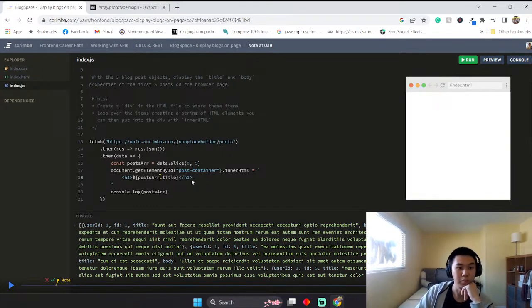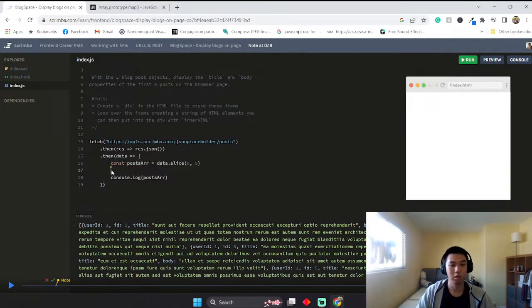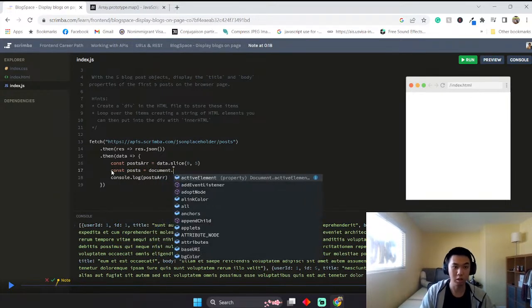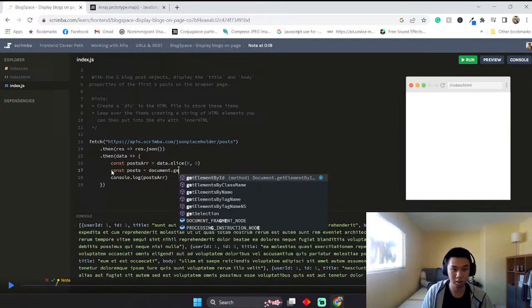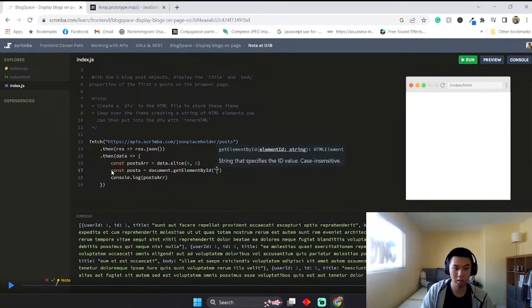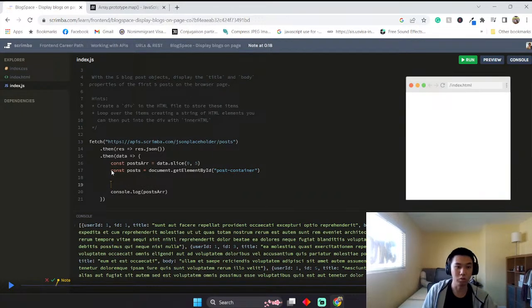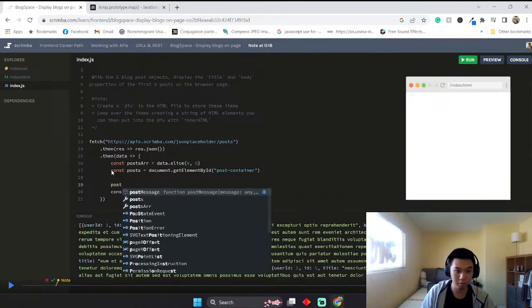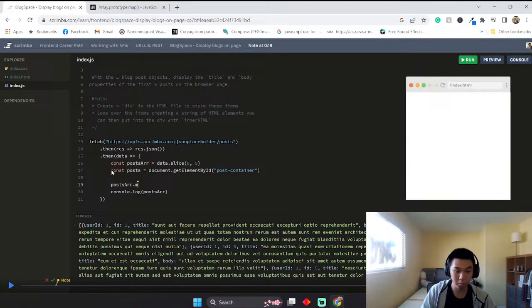Loop over the item. So we need to loop over the item. Let's do const post equal document.getElementById post containers. And what we need to do is post array.map